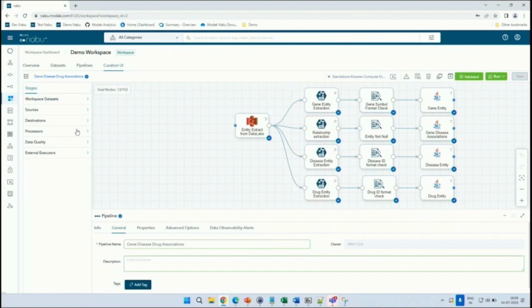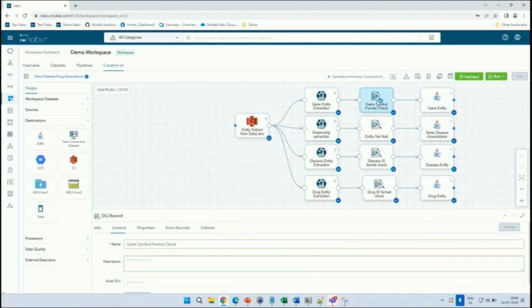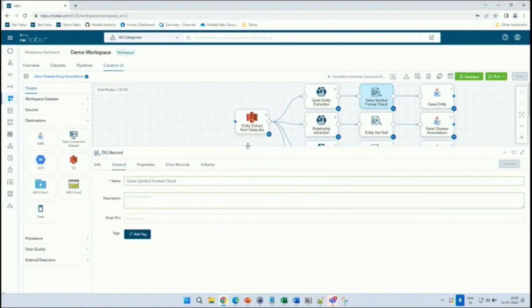There are different options available for processing of this data to include operations such as join, split, aggregate, that could be used for transforming the data from different types of sources to different destinations. While these pipelines are being created, Nabu also provides the ability to check for the quality as the data is being prepared.